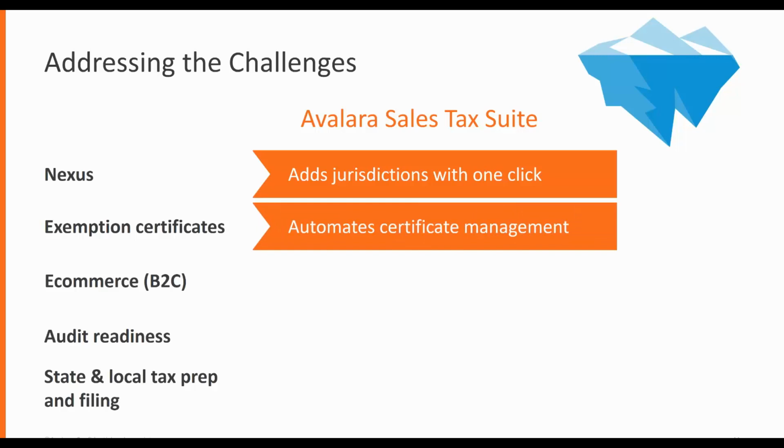With exemption certificates, cert capture lets you upload all of the information up into our cloud. It keeps track of all of that information. When the certificates start going out of date, it automatically pings the customer and alerts them and says, hey, we need a new certificate from you. The customer can then reply to that email with that certificate. It goes right back into cert capture and completely outsources that part of the business.